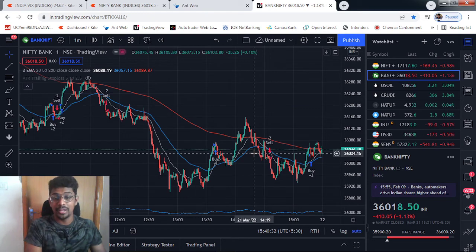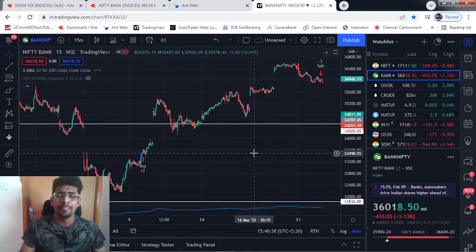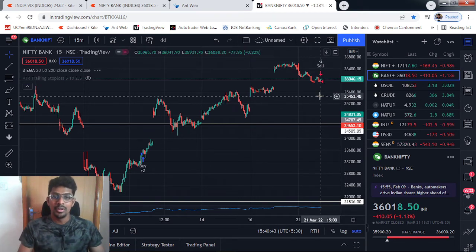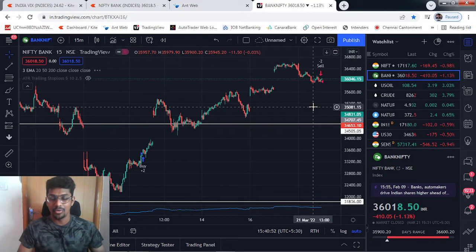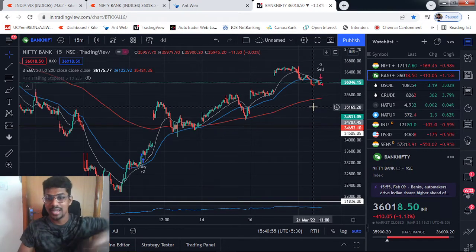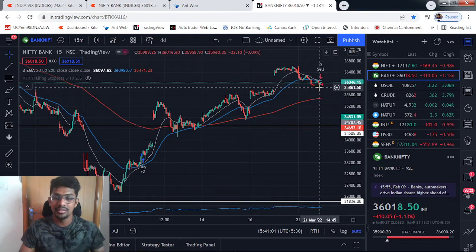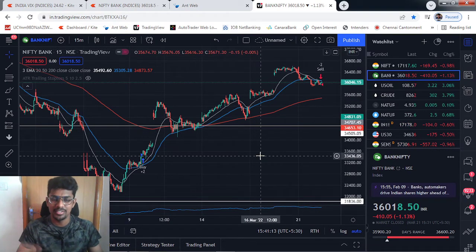This applies to the bigger time frames too, with 1 hour and with 15 minutes also. In the 15 minutes time frame we also get this sell signal, so you know what to do, because the last buy signal in this time frame was at 33,200 and now the sell signal is at 36,000, which is almost 2,800 points. The last buy signal gave you this 2,800 points profit, and with this sell signal you will never know until you get the next signal. So until then, you need to stay in a short position. That's the very simple thing. The signal is not rocket science, it's just a moving average crossover.